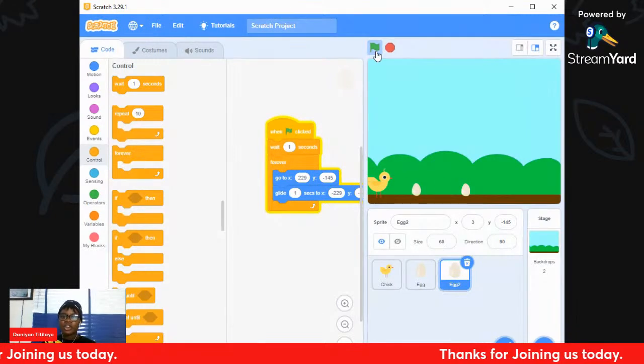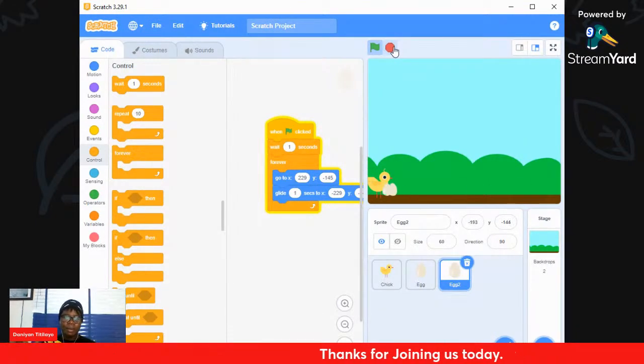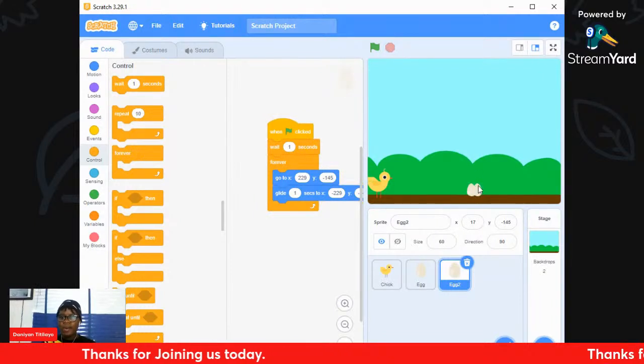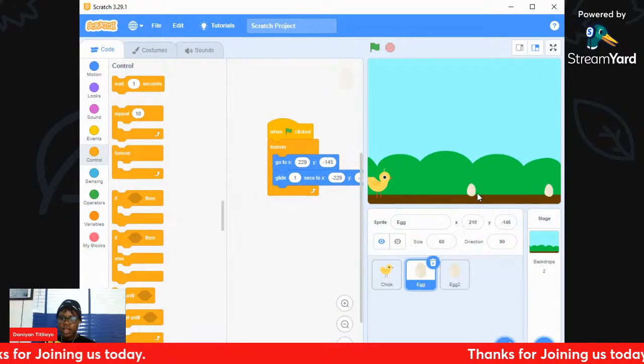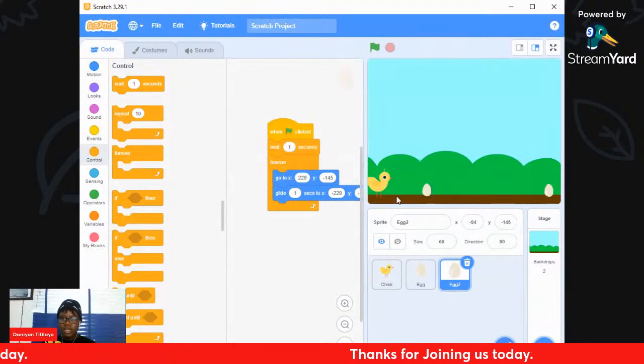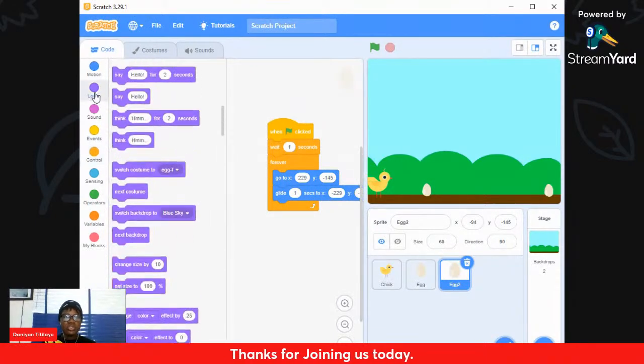can you see now? The other eggs are on the same line. They're probably moving a few steps away from each other, which we don't want. So I'll go under my look. I'll separate them, and then I'll go under my look and say